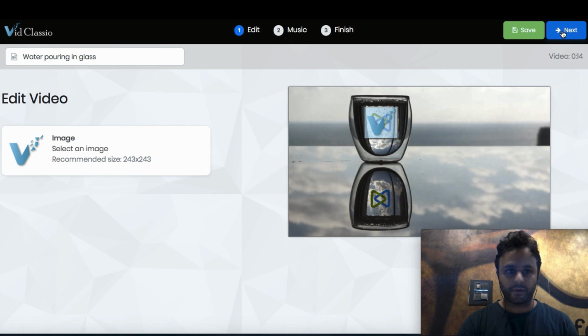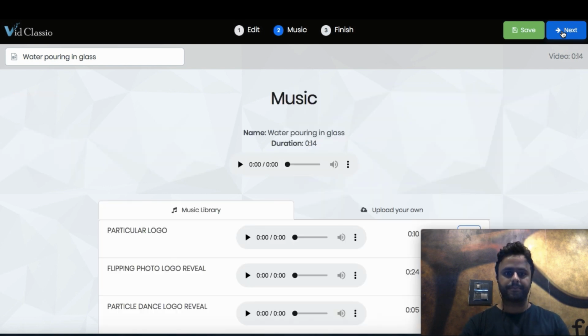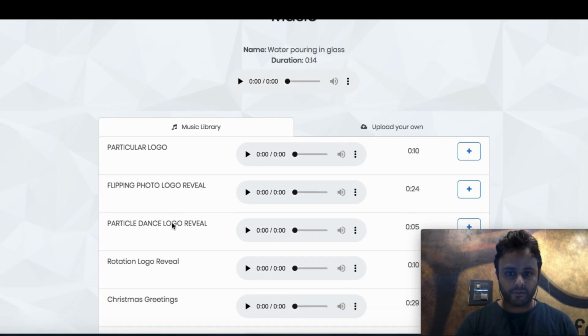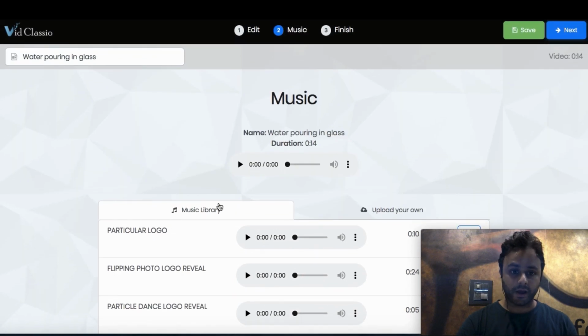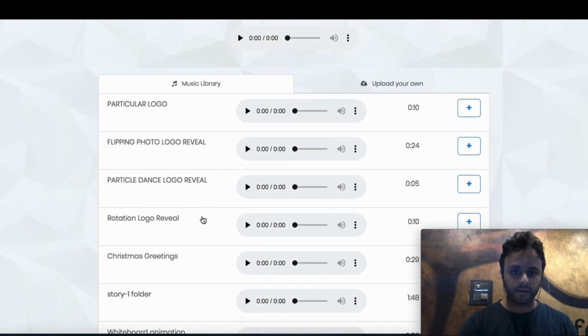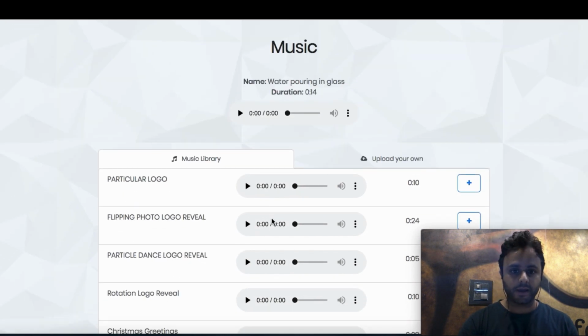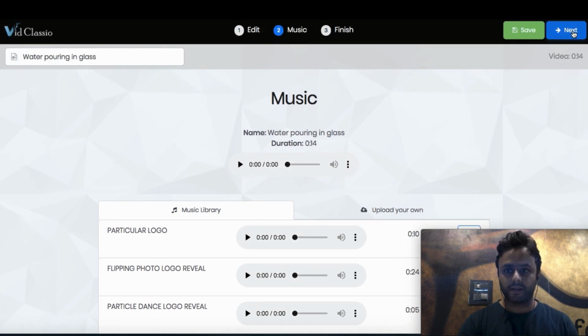Now simply click on next, and from here you can select the music. As per the templates we have already predefined the music, but just in case you want to select some other music, you can select it right from here. So this is the music that has already been selected. I will simply click on next,